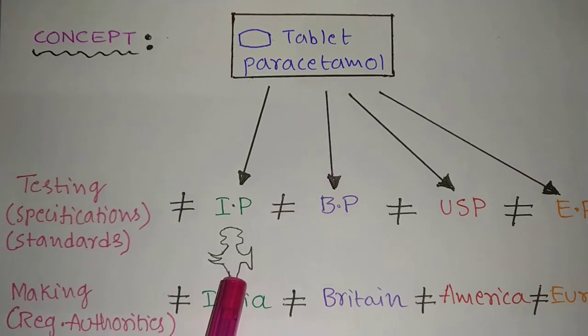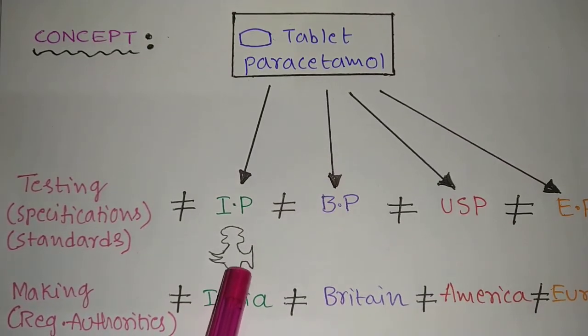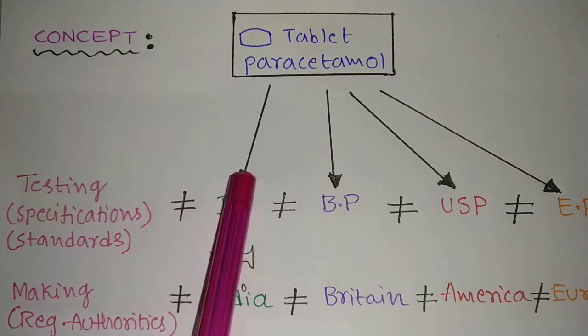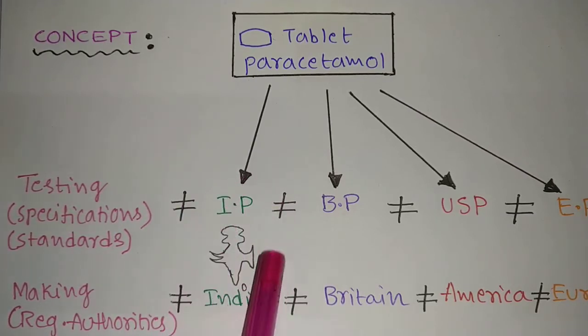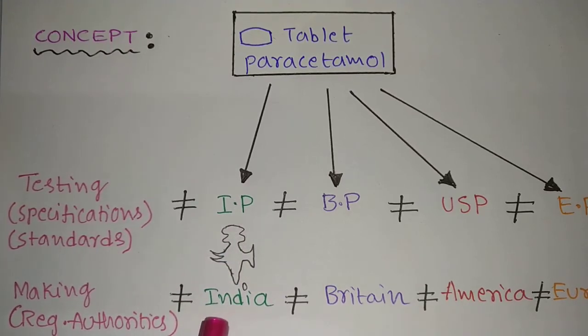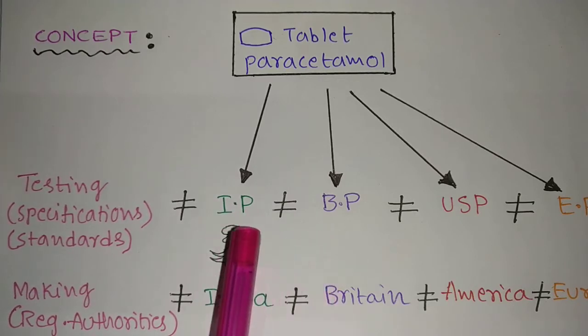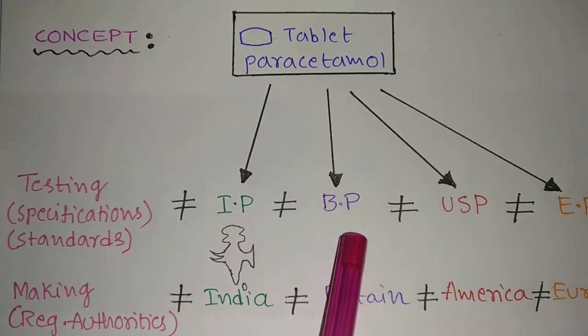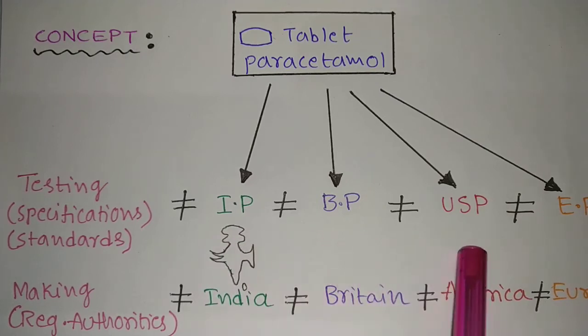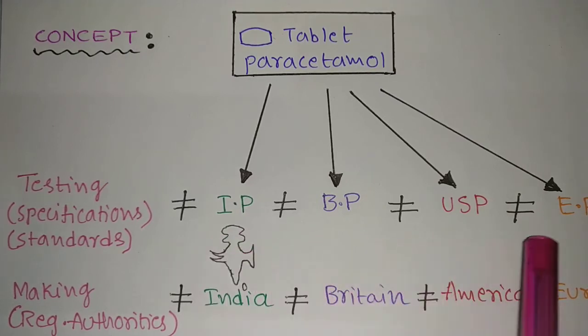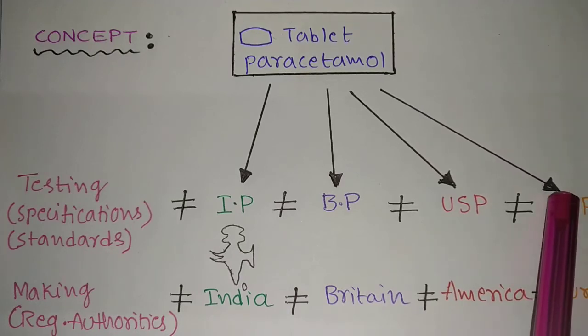You manufactured paracetamol tablets here, and you tested as per the IP, and you can market only in India, because you followed the guidelines of the Indian regulatory authority and IP. You cannot market these tablets in Britain, and you cannot market these tablets in America or in Europe, because their